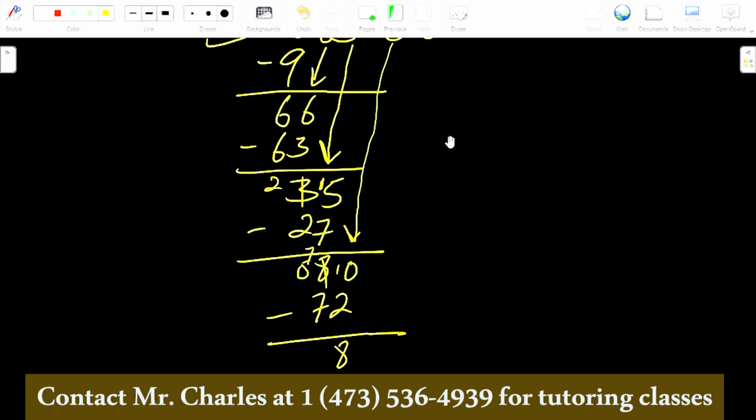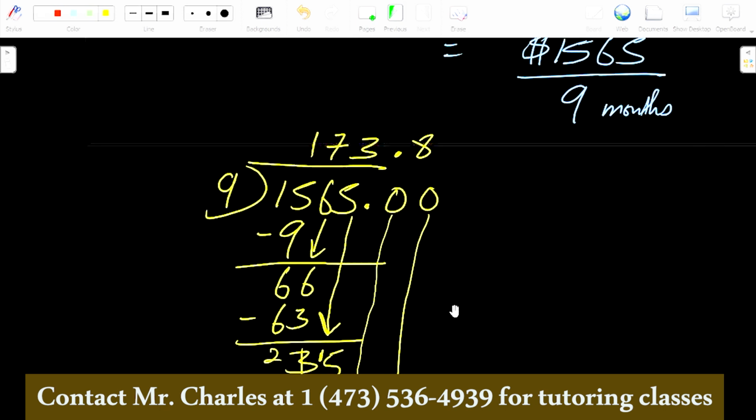When you bring it down, you get 80 again, and you would get the same 8 up here because 9 into 80 is 8. And then you would continue getting 8, 8, 8 and so forth. So what that means is that eventually this